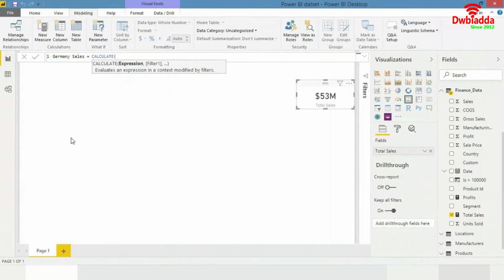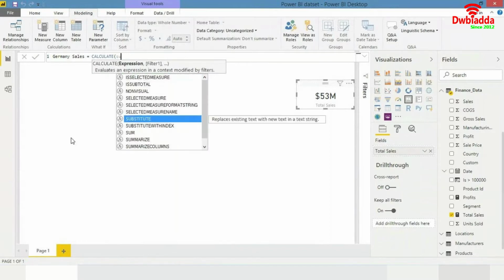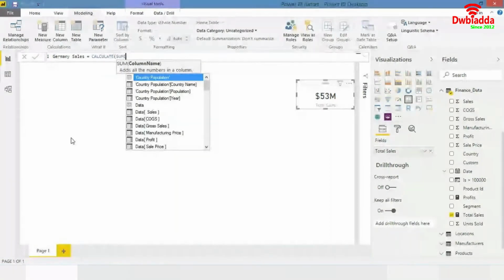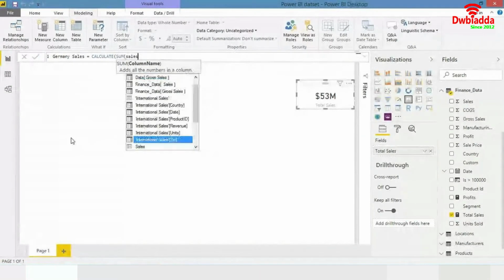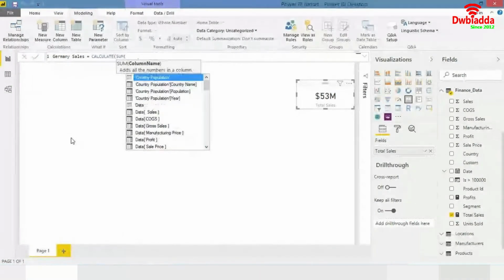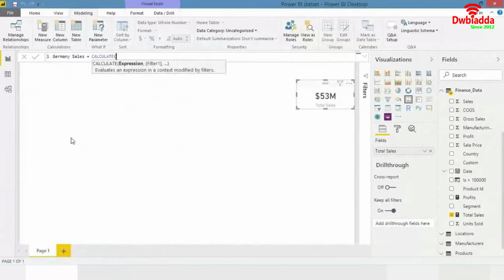I could do it this way and write sales right now, and then I get all the access to the data, but it is more convenient to have measures built on a prior basis, so that you are able to refer to them while creating more reports and more sophisticated functions, right? So I'll write in total sales,